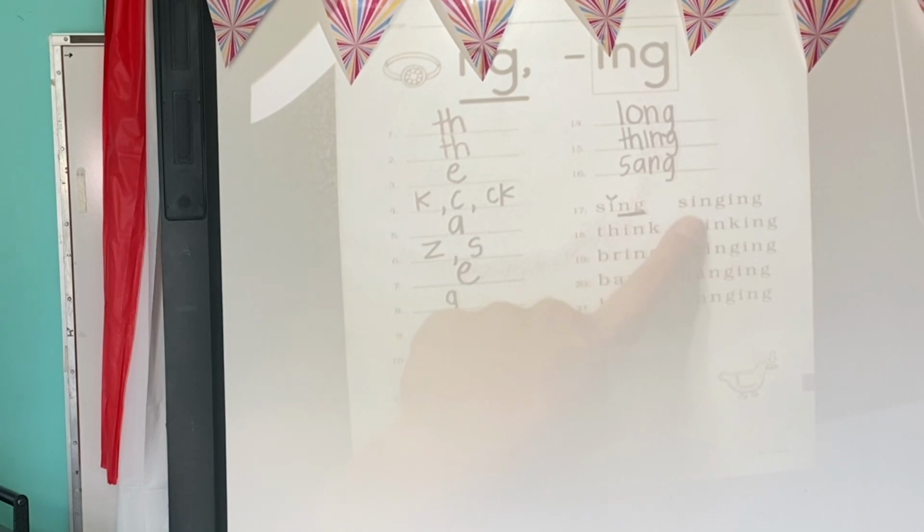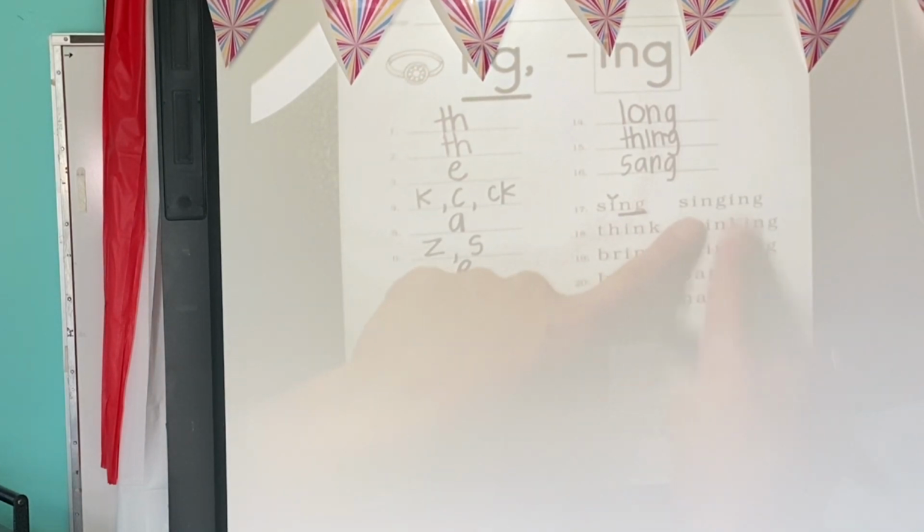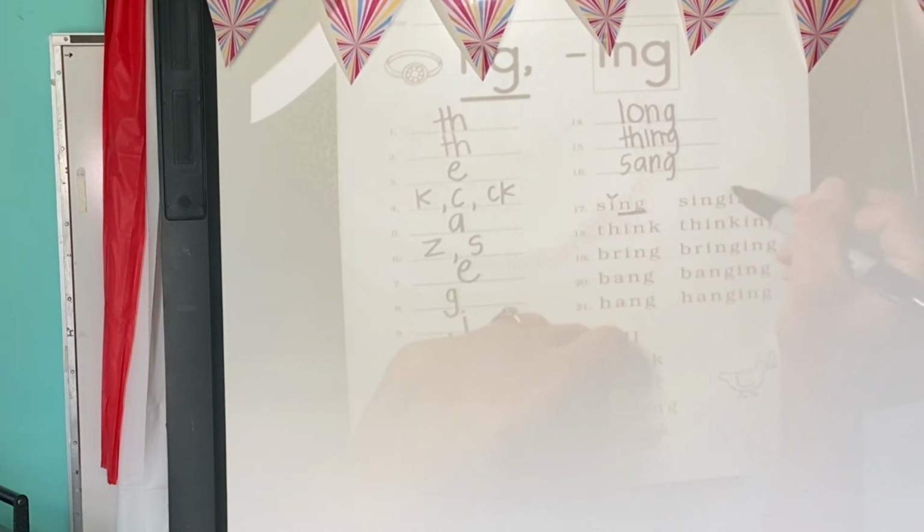Let's look at the word singing. If you notice, we added the ing suffix. Because if I take it off, I still have the word sing, which means ing is the suffix in that word. So let's start by drawing a box around it. And we still need to code the other things that we coded in the word sing, like underlining that digraph